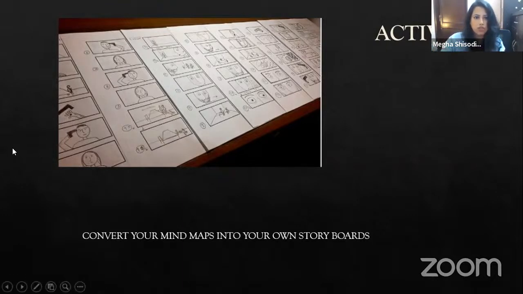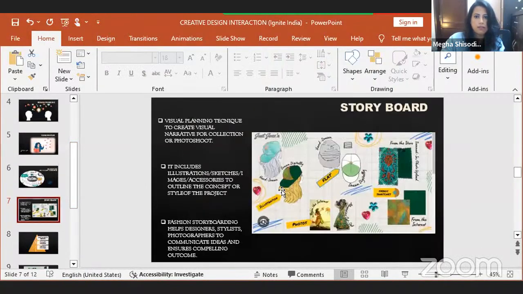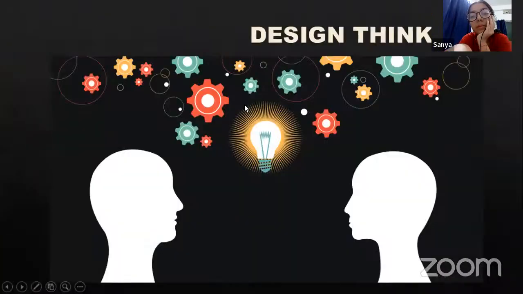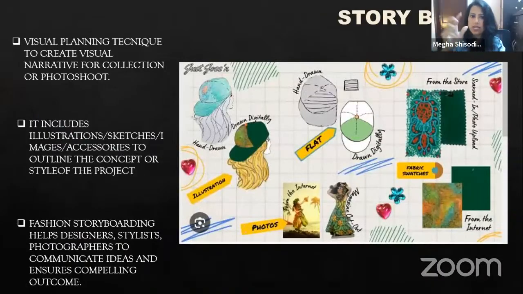Let me go back to my screen and show you. Can you see this one? Yes, ma'am. See, everything is written as well, though it's depicted. If you come close, you can see where the inspiration is taken, for what product it is taken, and how that product is made. Illustration of the product is also done. Photos are also done. What she has taken from the internet is also there. So the entire thing is there in one storyboard.